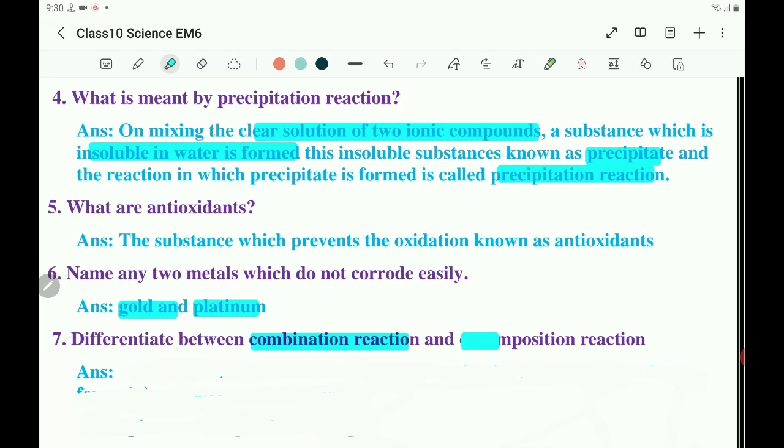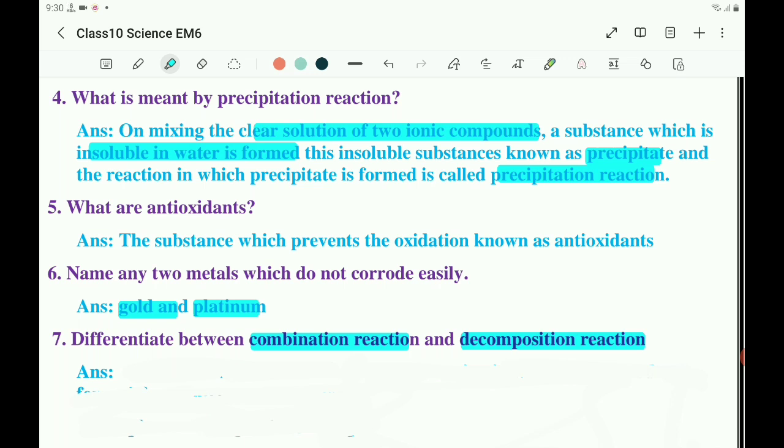In decomposition, a single reactant breaks down into two or more products. So here you can write that combination is a chemical reaction in which a single product is formed from two or more reactants,